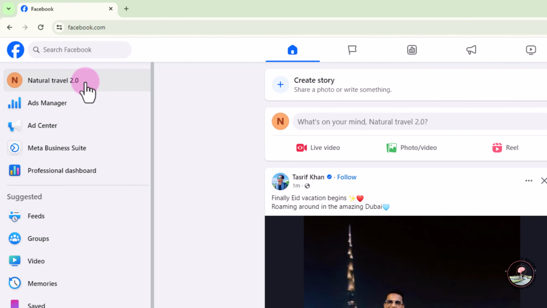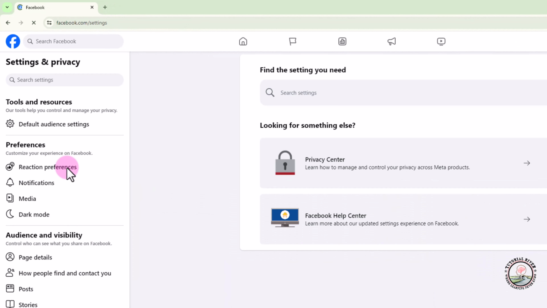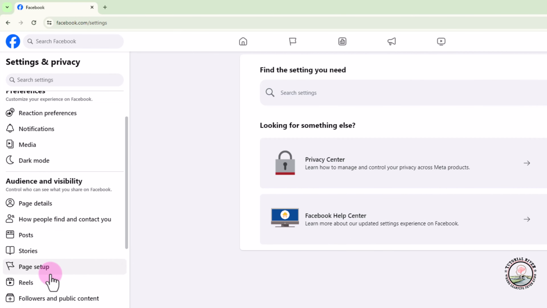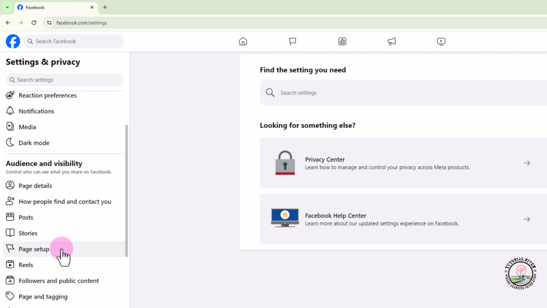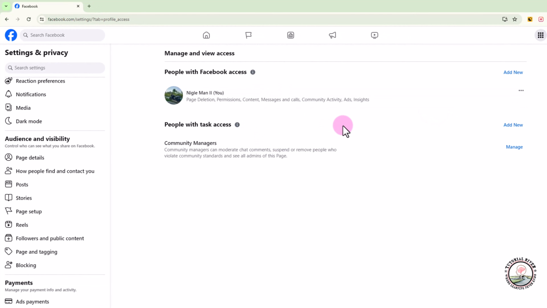Look at the left corner, click on the Facebook page name, settings, scroll down, click on page setup, choose the second option, page access, tap on view, click on add new,